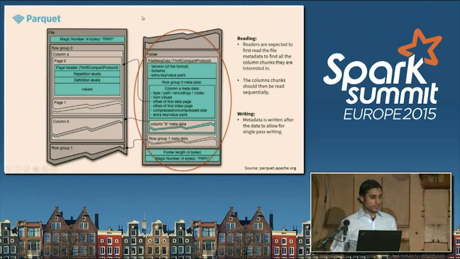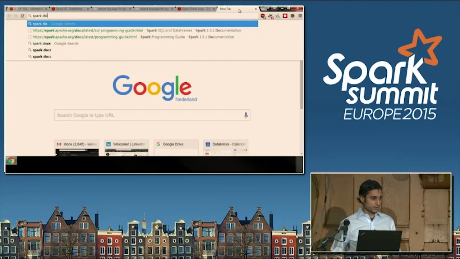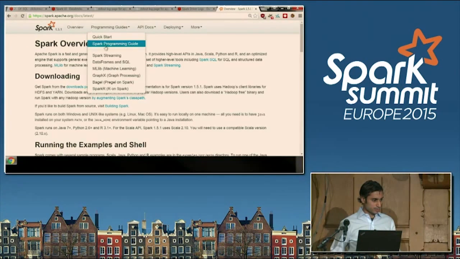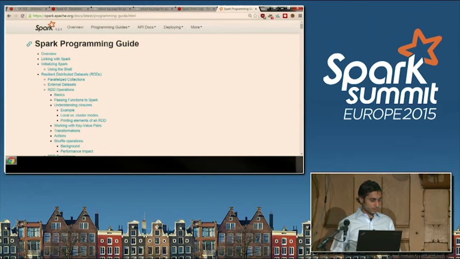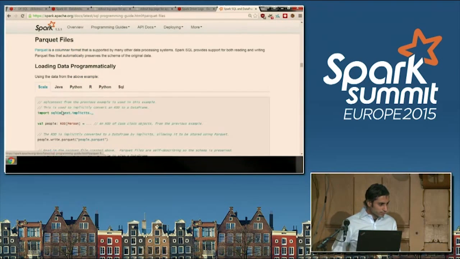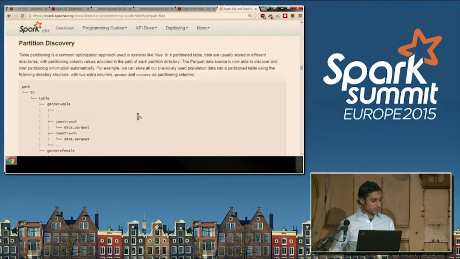Now, one other thing is if you go to Spark Docs and then go to the programming guide and search for Parquet. Actually, no, not that. We want to go to the data frames in SQL, Parquet files. So here's where you can learn more about Parquet and how Spark works with that, how it does partition discovery,